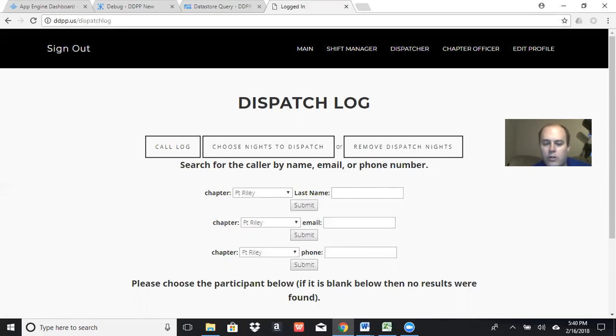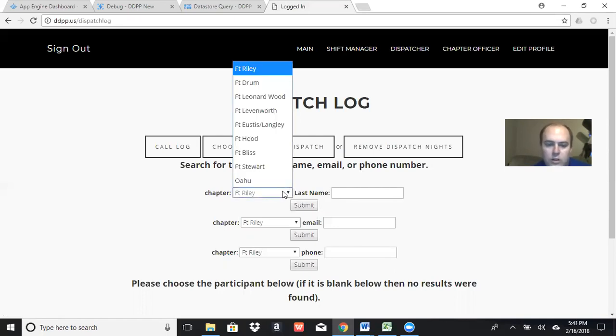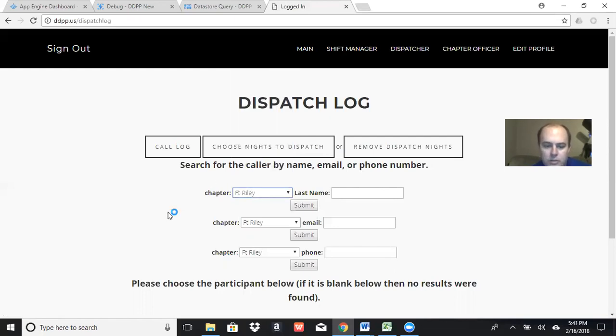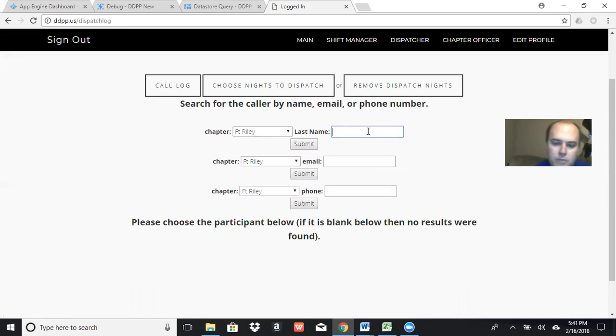So when you get a call from the toll-free number, you're just going to ask them what chapter they're from. And if they ask, what do you mean chapter? Say, what's your nearest military installation? Are you Fort Riley, Fort Hood, etc.? And Oahu is Schofield Barracks for Army, but there's a lot of other installations there. But anyway, you'll figure out what chapter they're in, and then you will just either search by name, email,